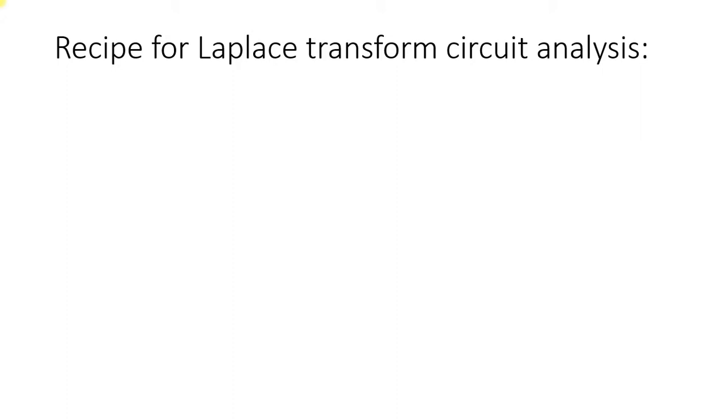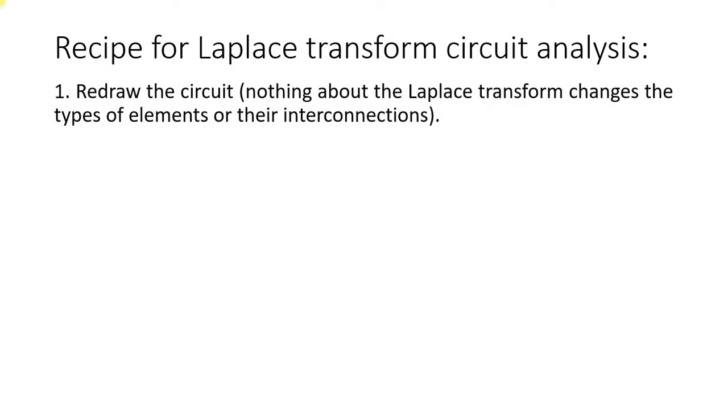First thing is to redraw the circuit. If the circuit has resistance, inductance, and capacitance, I already told you in the previous lectures that my inductor has an initial current and my capacitor has some initial voltage, so the corresponding inductor and capacitor may be replaced by a series equivalent circuit or a parallel equivalent circuit. So first we do this change in the S domain.